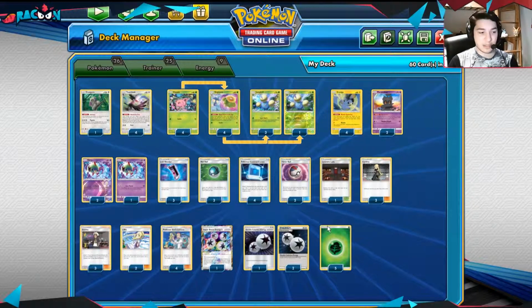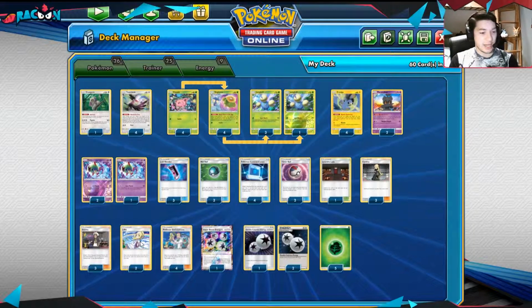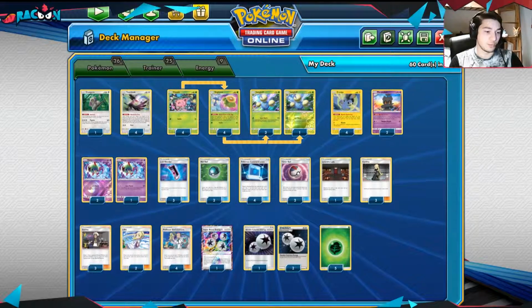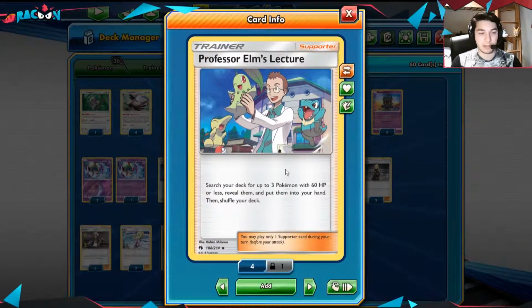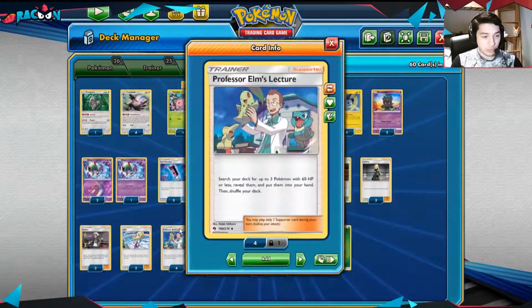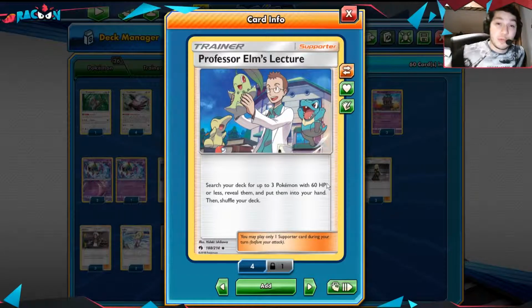We have three Cynthia, three Gutsuma, and two Lily, that are self-explanatory, and the only difference compared to what we usually find in pretty much every other deck is the Professor Elm's Lecture. The reason why we are playing this card is pretty clear, because it allows us to search the deck for up to 3 Pokemon with a maximum of 60 HP,